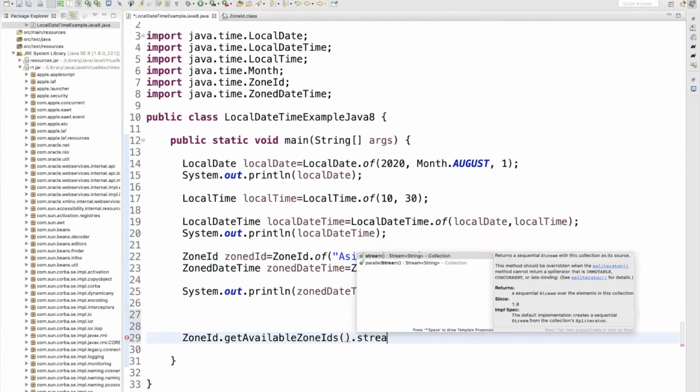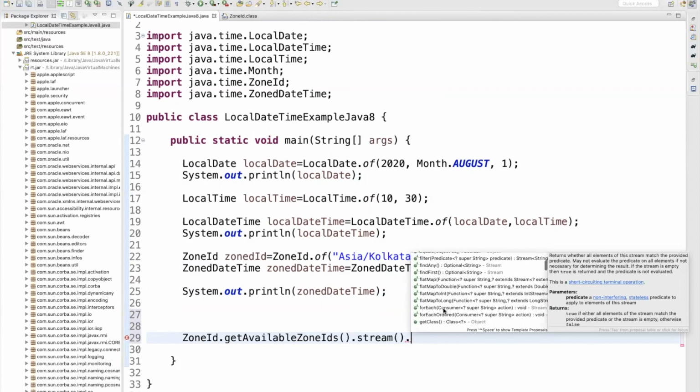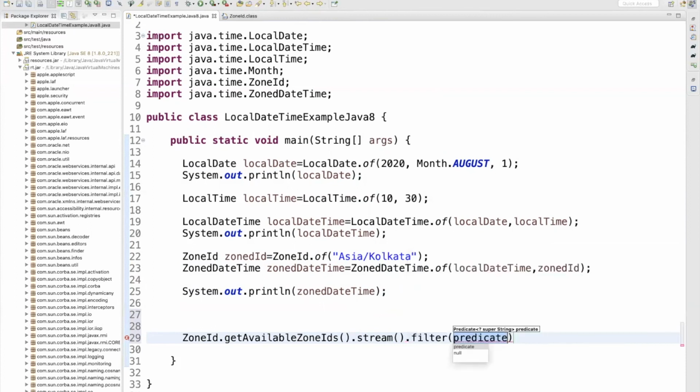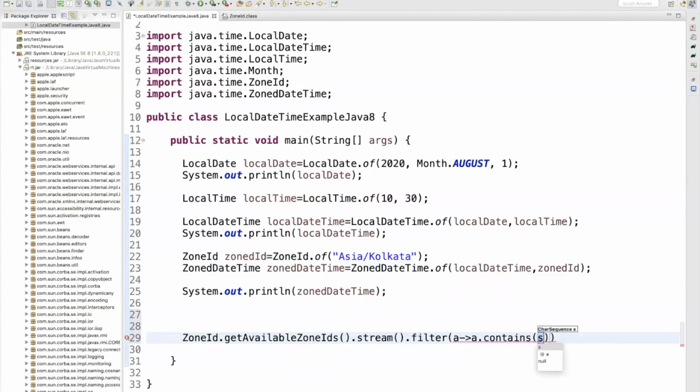Let's use Java 8 streams. You stream it at once, and let's filter it. Filter based on name, a.contains, let's search for Asia.